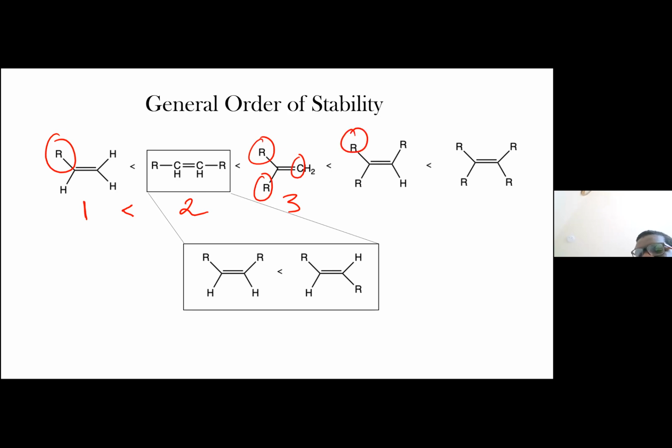And then this is going to be four alkyl groups. And one thing that we're going to notice, specifically paying attention to this structure, which is going to be two alkyl groups, is that there's actually going to be a difference depending on where you're putting your alkyl groups. And that difference happens to be